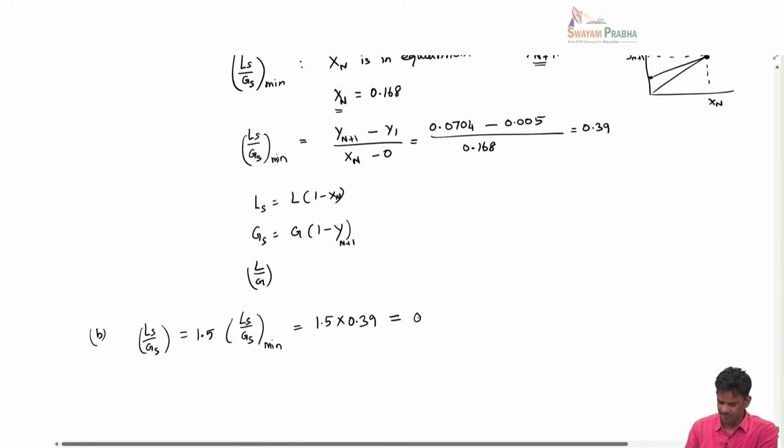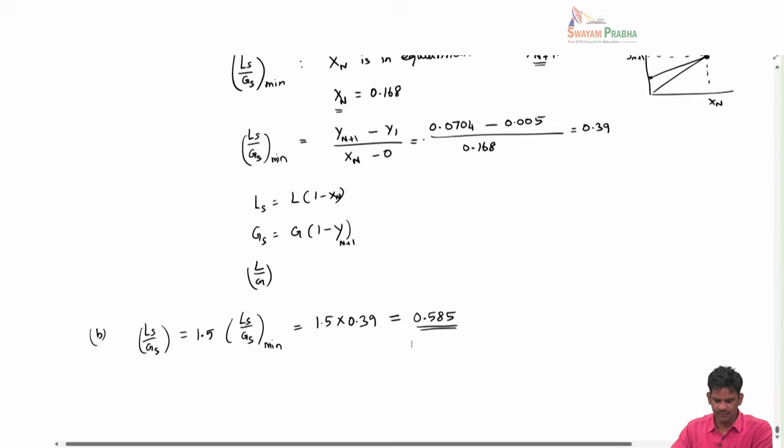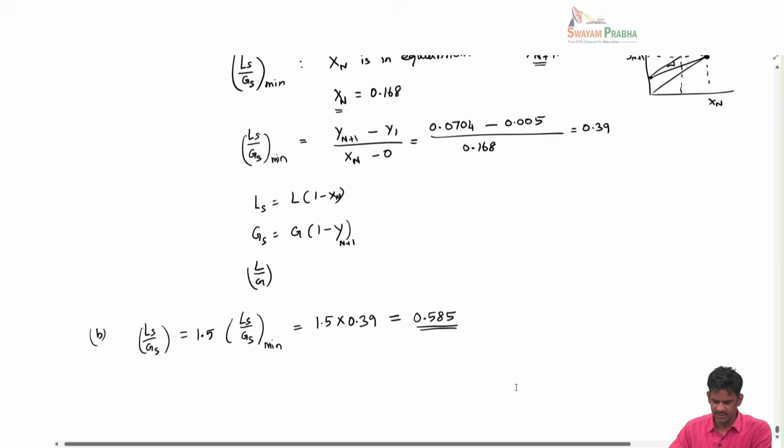And you will get something like 0.585. So now we have the actual Ls by Gs value. We can go back to the material balance here and then solve for actual Xn. Okay, so the actual Xn should be somewhere here. So this slope is 1.5 times the minimum. So you can solve for